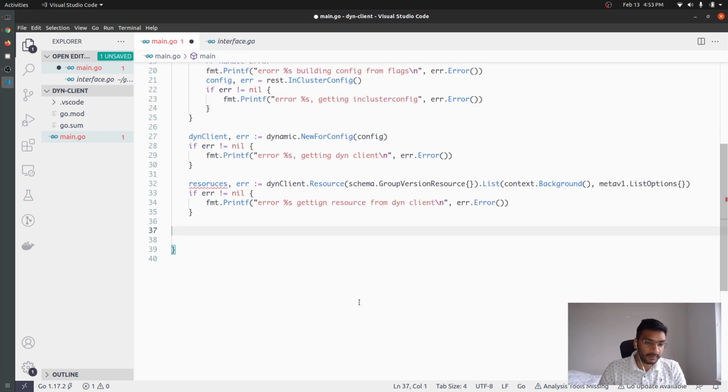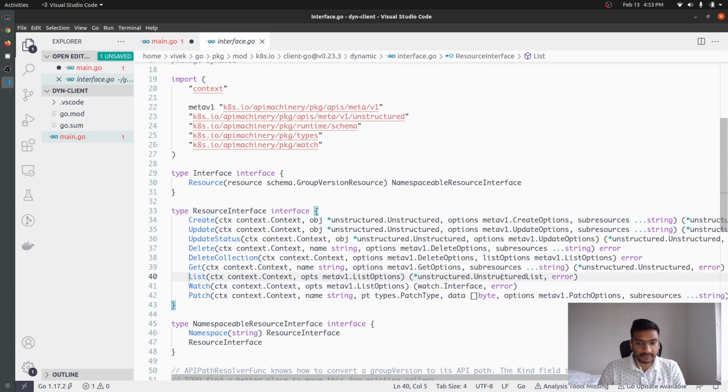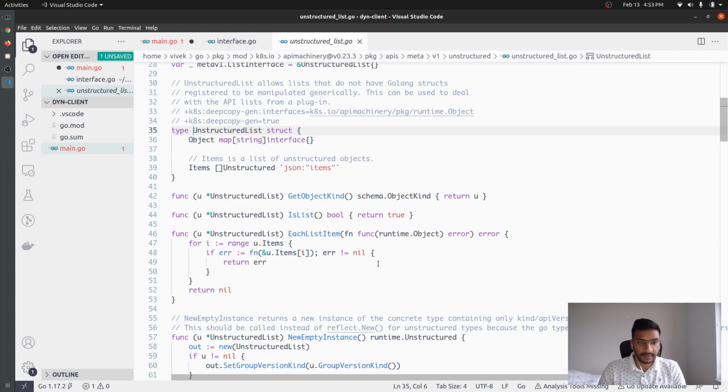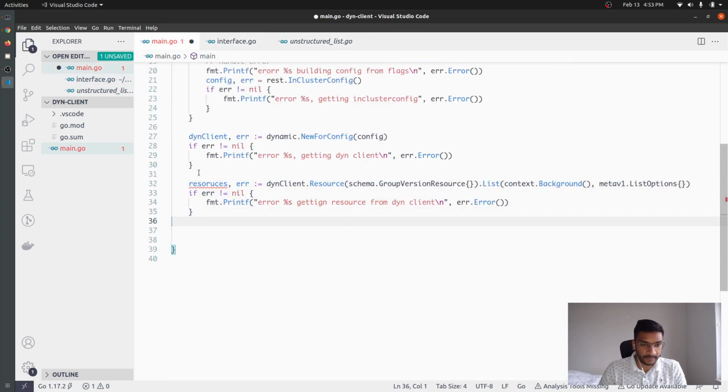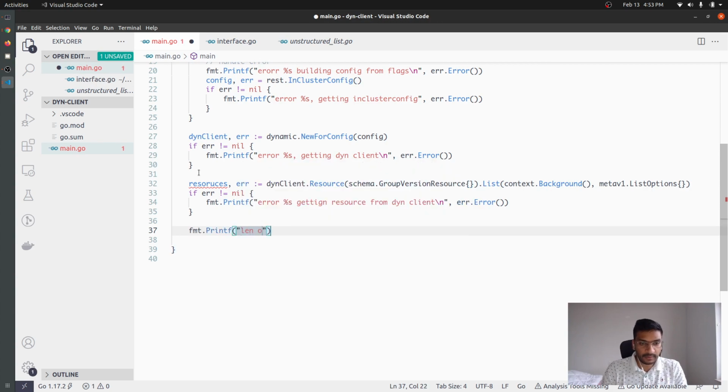But if we were able to get the resources successfully, okay, so if you see here, it gets us UnstructuredList, and let's just go ahead and try to print the length of items. So length of items from .List is,